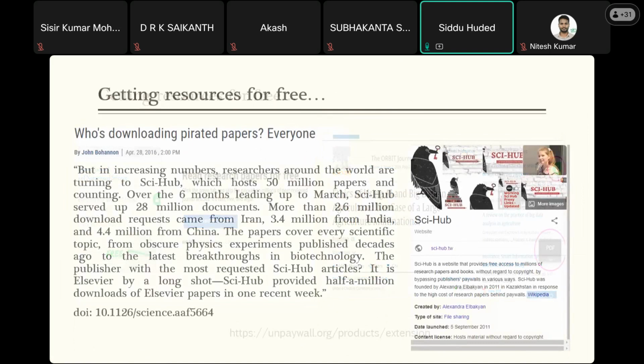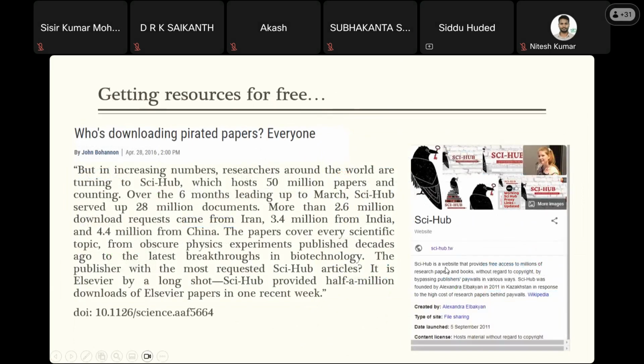Next, many people say it is a controversial website, Sci-Hub. I don't know how many of you have already used it, or if this is the first time you are hearing about Sci-Hub. It was actually created by Alexandra Elbakyan. There is an interesting article about who is downloading pirated papers. They call it pirated, but Alexandra, the founder, says this is the right to access science information. Sci-Hub is providing access to millions of articles from reputed publishers,